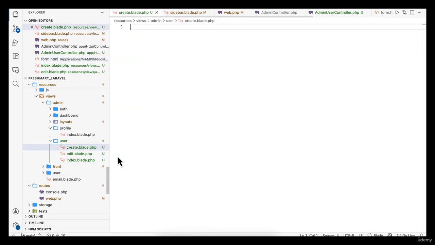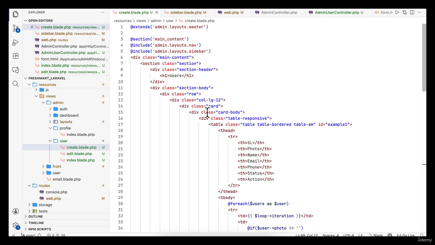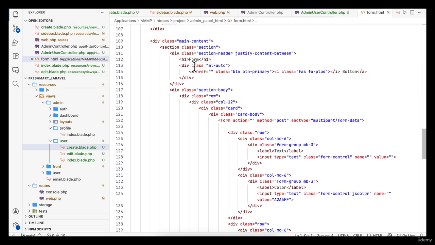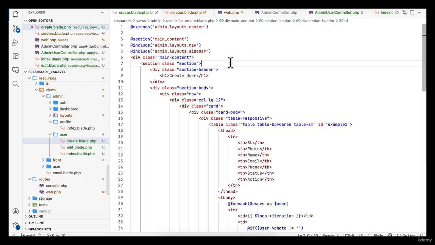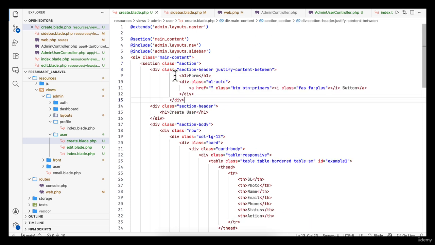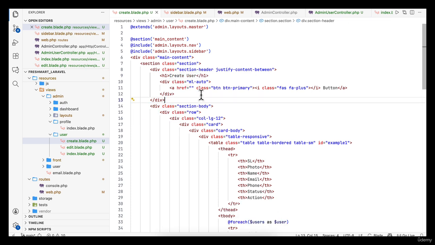So first of all I am going to copy the index page data and paste it into the create page. So here it will be the create user. Now I am going to write here, that is the create user. But in the form you see there was another thing here, justify content between, something like that. So copy it, and here create user is actually something like that. Here I am going to cut it, paste it and remove it, and here the extra item is this, and this is all